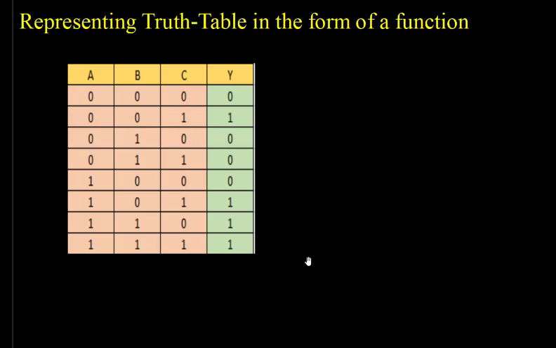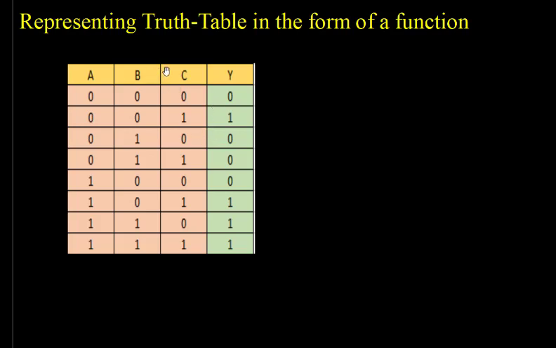This is lecture number 17 and we are continuing with the K-maps. In the last lecture we saw how we draw a K-map from a truth table. Now because the truth table is quite large, here you can see there is a 3 variable truth table. There are 8 entries, and in case of a 4 variable truth table there are 16 entries, and if there are 5 then it is 32. So the table is quite large to draw.